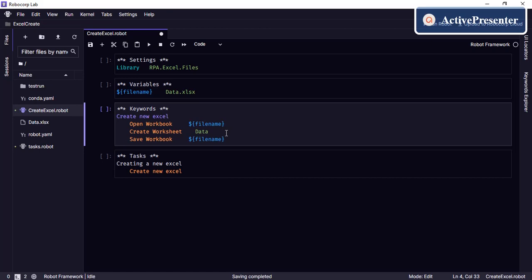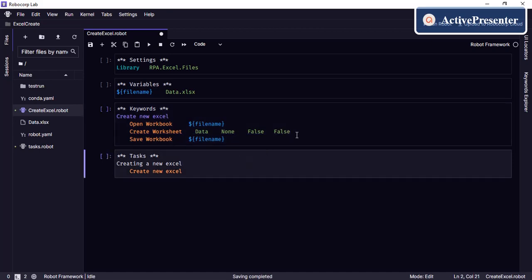and let's say the other option which we need to pass is headers, is the content. Are you passing the content or not? If you are not passing the content, you need to pass it as none. And if you are trying to create a new sheet which already exists with the same name, or you are not, so now we are creating it as false, and we are not writing any headers there, so it is also false. So these are the 4 different arguments that you need to pass. You can also pass with the argument name equal to, anything that you want to.